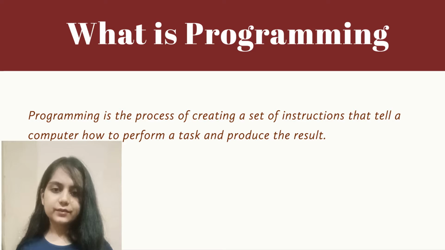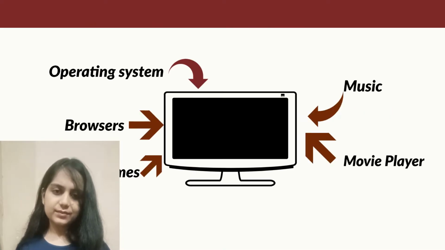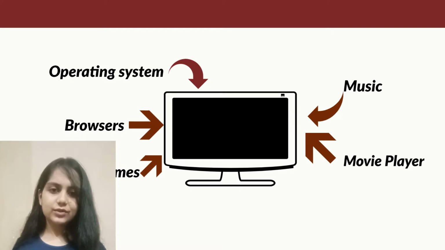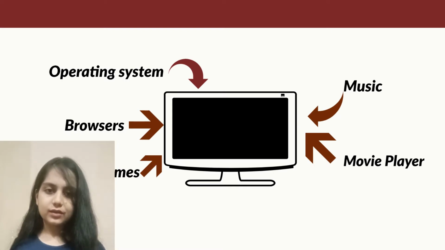In simple words, we need our computer to run operating systems, games, browsers, music, movie players and many more things. To perform all these tasks, we need to tell the computer how to do them because the computer does not know it. For that purpose, we create instructions. This can be related to a scenario where you want your favorite dish to be cooked, but the cook does not know how to make it. So you make a list of instructions and give it to him. Now the cook will follow all those instructions and in the end, your dish will be prepared.